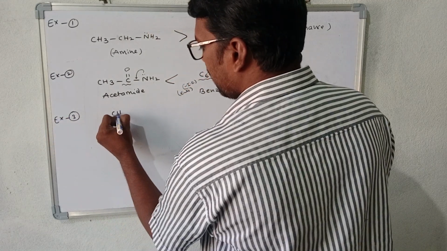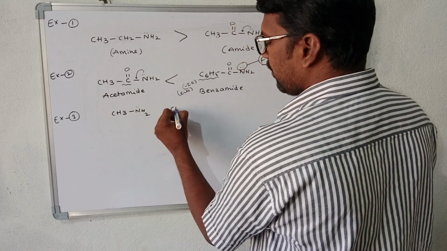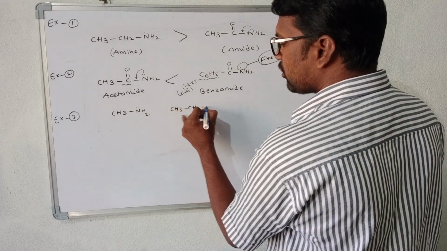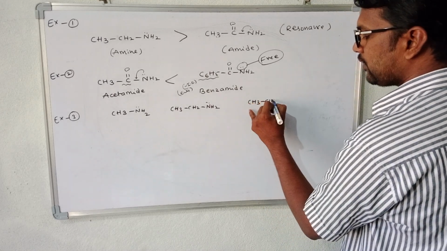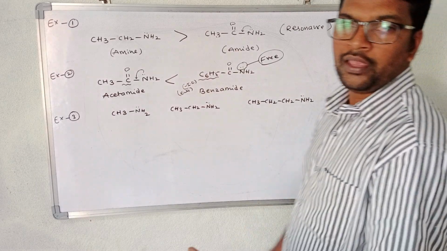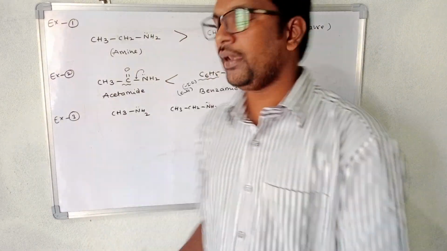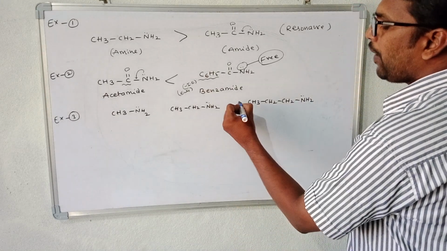Right, now we see CH3NH2 methylamine, CH3CH2NH2 ethylamine, CH3CH2CH2NH2 propylamine. Okay, when you compare these three, methylamine, ethylamine and propylamine, here propylamine is